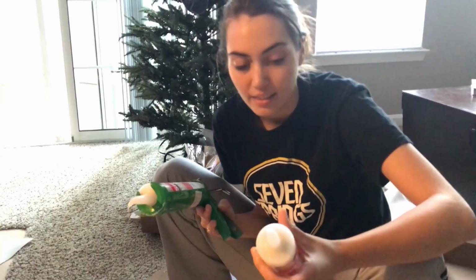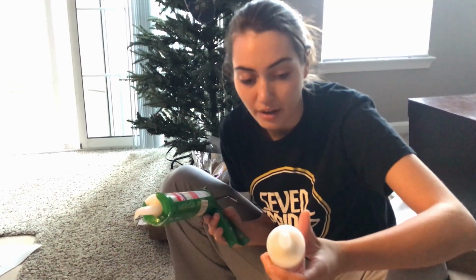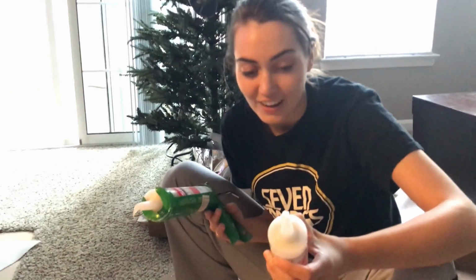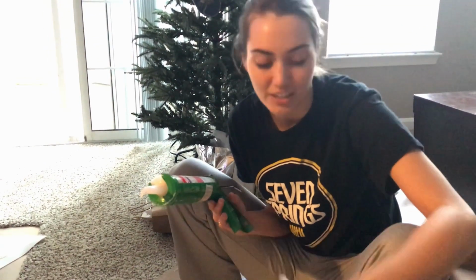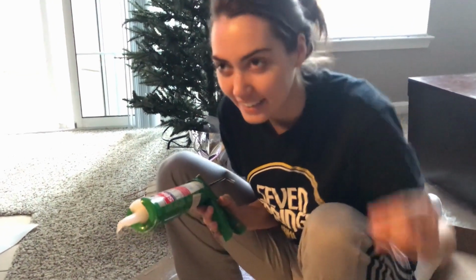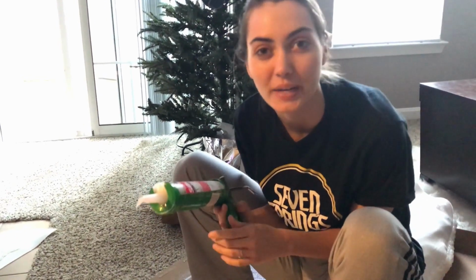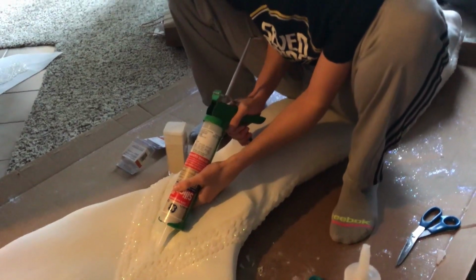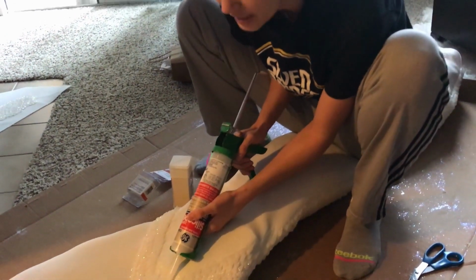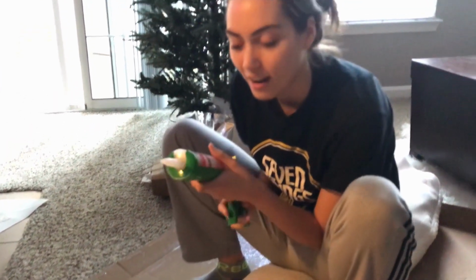This isn't the ideal one I would use. You definitely want to find probably aquarium safe, non-toxic, and all that stuff, but I'm on a budget. And we don't care about the fish. Not right now, but in the future I will. I mean, I do now, but I also want to just get this done. Yeah. And my local Home Depot only had that, it was the best option of the options, you know? Yeah, so I put it in my gun, and I just do a little...